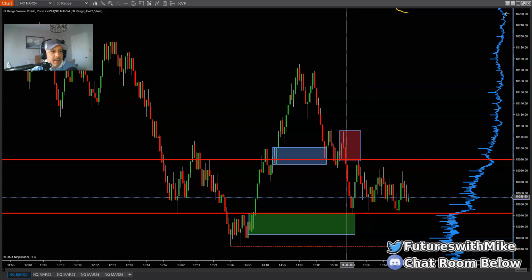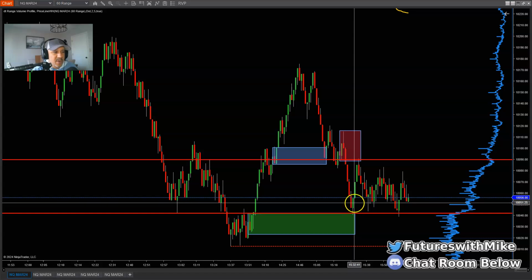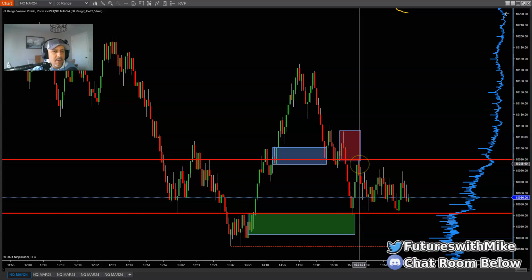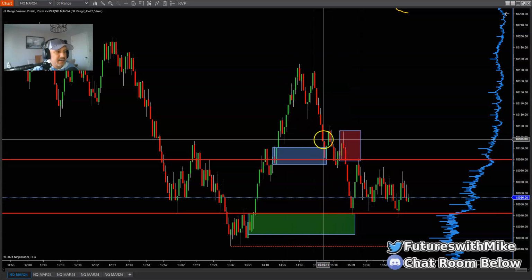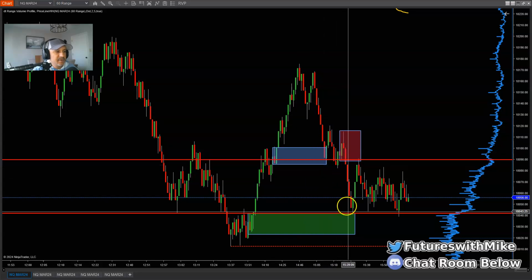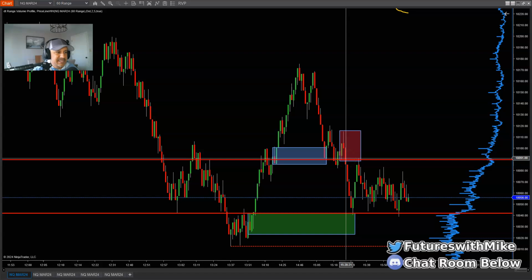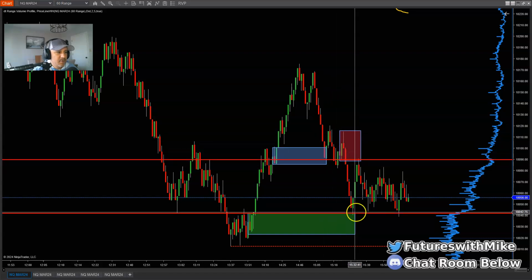Look, same thing here. I'm going to show you the same thing where we reacted right here and quickly moved away from the zone. Look where it pulled back to and moved back to supply right here. We had supply because we got a structural break to the downside, when the market started moving lower, making lower lows and lower highs. There was a supply setup right here. See this? It pulls back, moves lower.